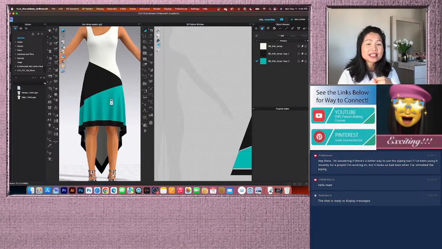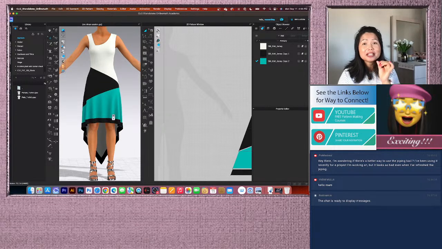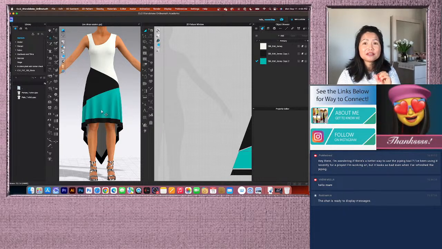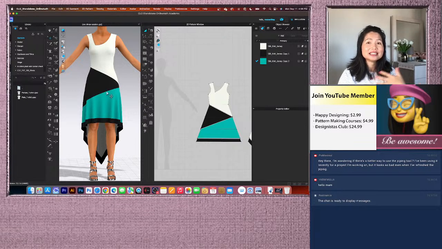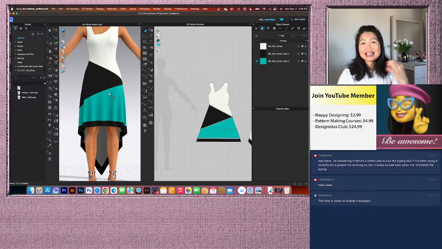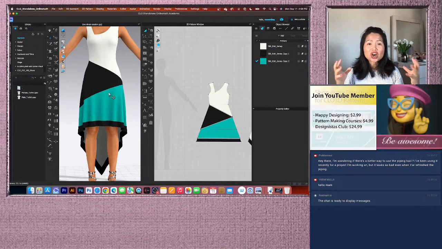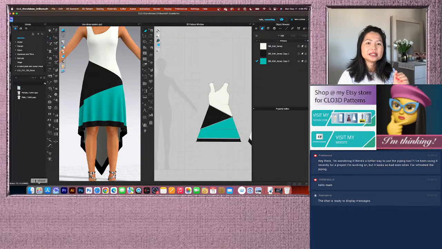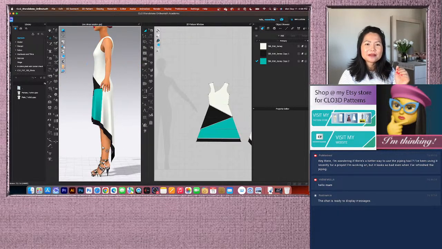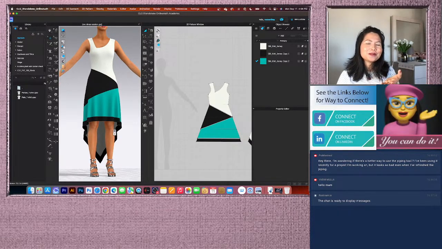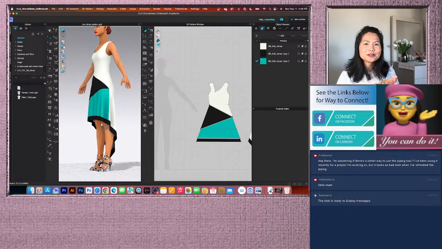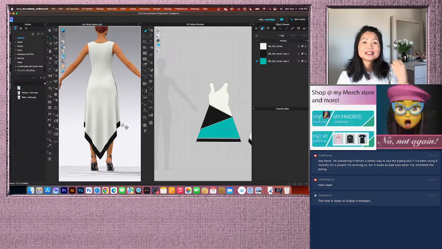For example, the dress is a little tight fitted, but because we use knit fabric, we have to do tight fitted. If you do loose fitted with knit fabric, then it doesn't look good because that doesn't fit. But with cotton or woven or like wool, anything like that, you have to provide this loose fitted onto the avatar. Okay, so to sum up everything, guys, today I did have a lot of fun to drape this dress onto the avatar, and I like the result. It looked kind of cute,